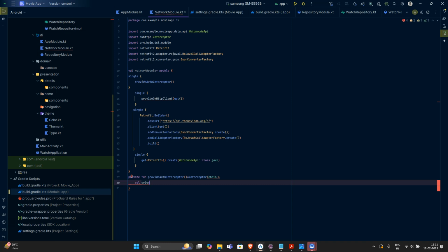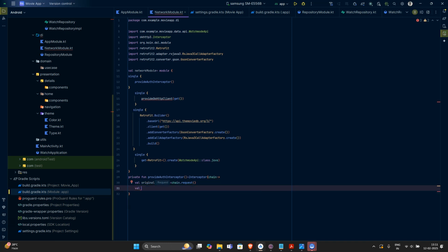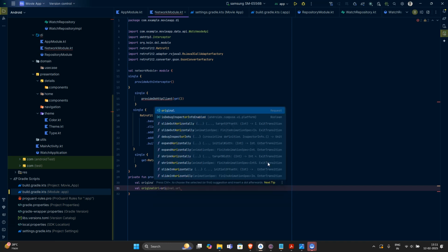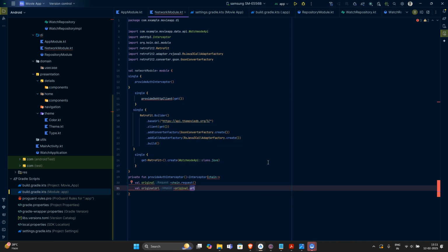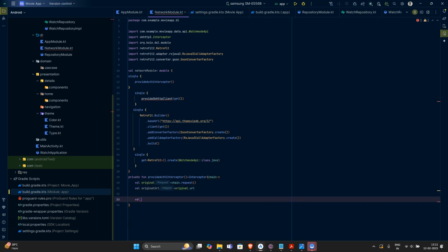Let's have a val name original. This will be of type chain. Then let's have a val another original URL, and this will be of type original.url. Then afterwards what we need to do is to set up this URL and call it and provide our API